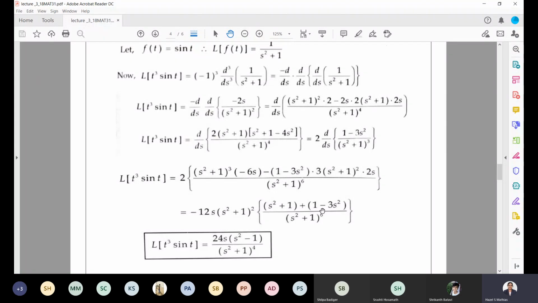So if you take that 2 outside, minus 2 outside, minus 2 into 12, it will become plus 24 into s square plus 1 divided by, here however 2 and 6 get cancelled, so we will get s square plus 1 whole power 4. So work out this problem here, nothing much, differentiation and simplification is only involved, only until you apply that property you have, then all these things, differentiating and simplification, you all know.